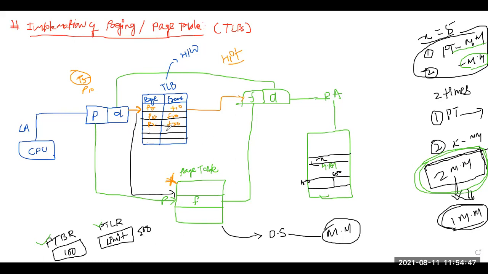Fine. So initially, no doubt, since the TLB is empty, there will be a lot of TLB misses. But once this TLB is full, the access time can be reduced. And remember, this TLB is hardware of limited size. So that is the reason we can minimize the time required for accessing the page table.